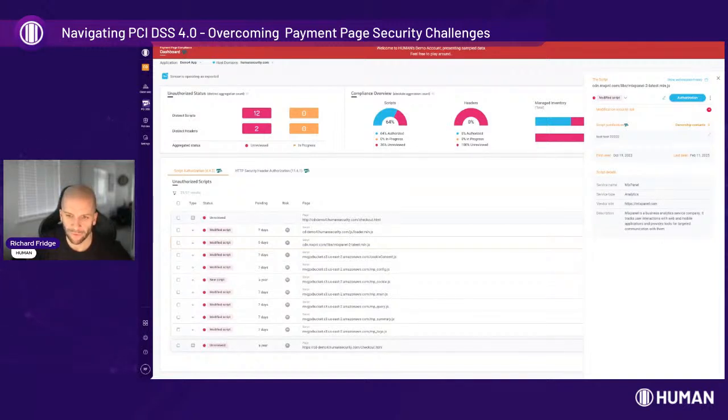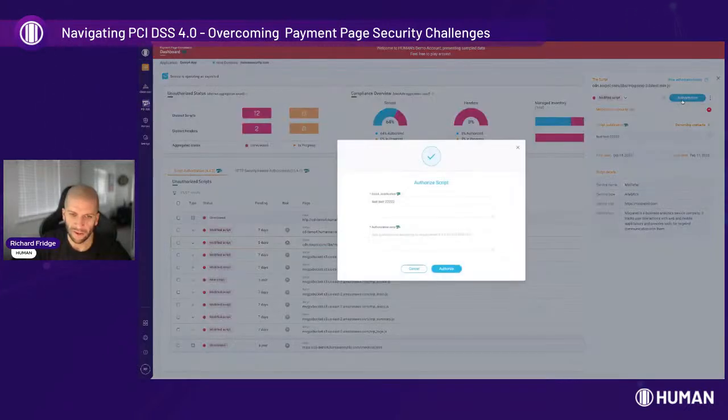And for example, if this was the first time you were approving this script and you said, yeah, okay, we should have that script, I've got approval from the analytics team that this is a valid script that lives on the payment page and we need it for XYZ reason, you can very quickly come in here, click authorize, add a justification, add any additional notes that you want,